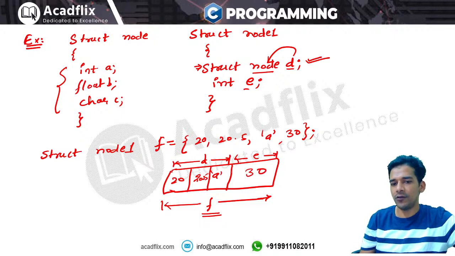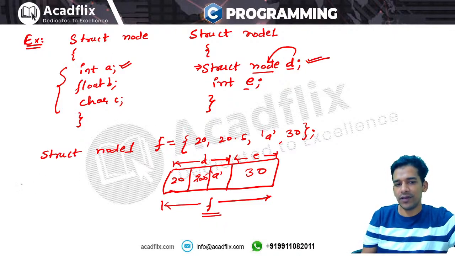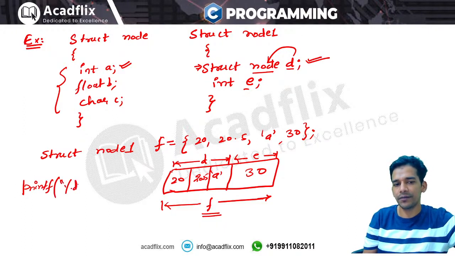Now you can access the values of this structure in this form. If I want to access this member, it is part of structure d, and d is part of structure f, right? So if I want to access the value a, I can say printf %d f. First I go inside f, inside f we have a structure d, so f dot d, right? Then in the structure d we have a variable a. So like this we can access the value of a structure inside a structure. That means this will print the value 20, right?